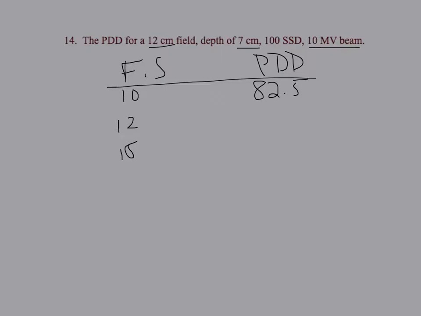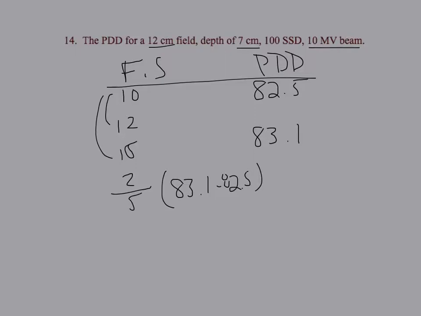For the 15 by 15, it's 83.1. Again, we're going to find the difference. We're going to multiply that by the range of 2 over a total of 5. So 2/5 is 0.4 times 0.6 equals 0.24. Add that to your original percentage depth dose,